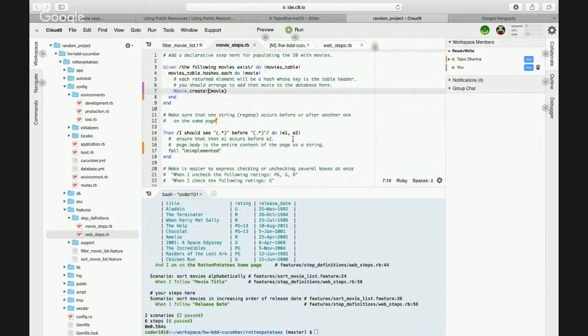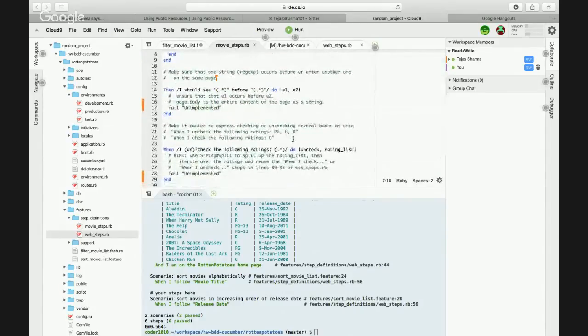We have to implement this, but all you could do is say, when I check the following ratings, and when I uncheck the following ratings for the second step. Oh, okay. So that means we're kind of doing two steps at once, aren't we? So when I check the following ratings,